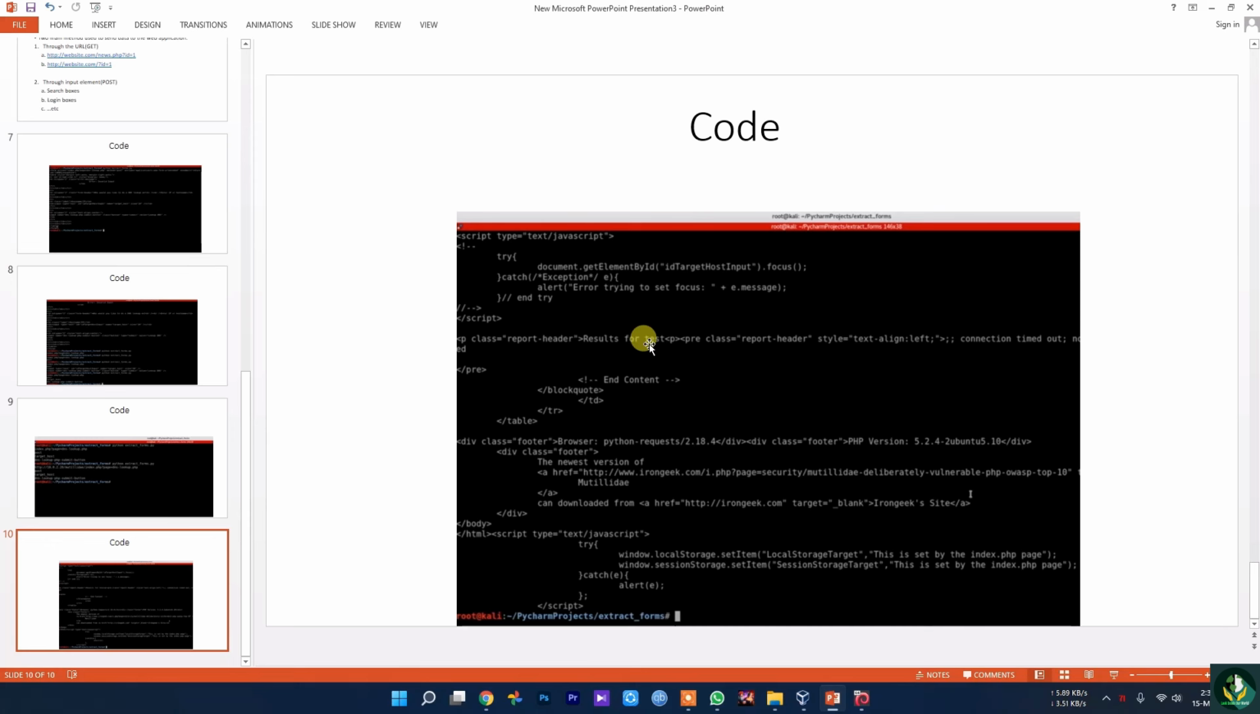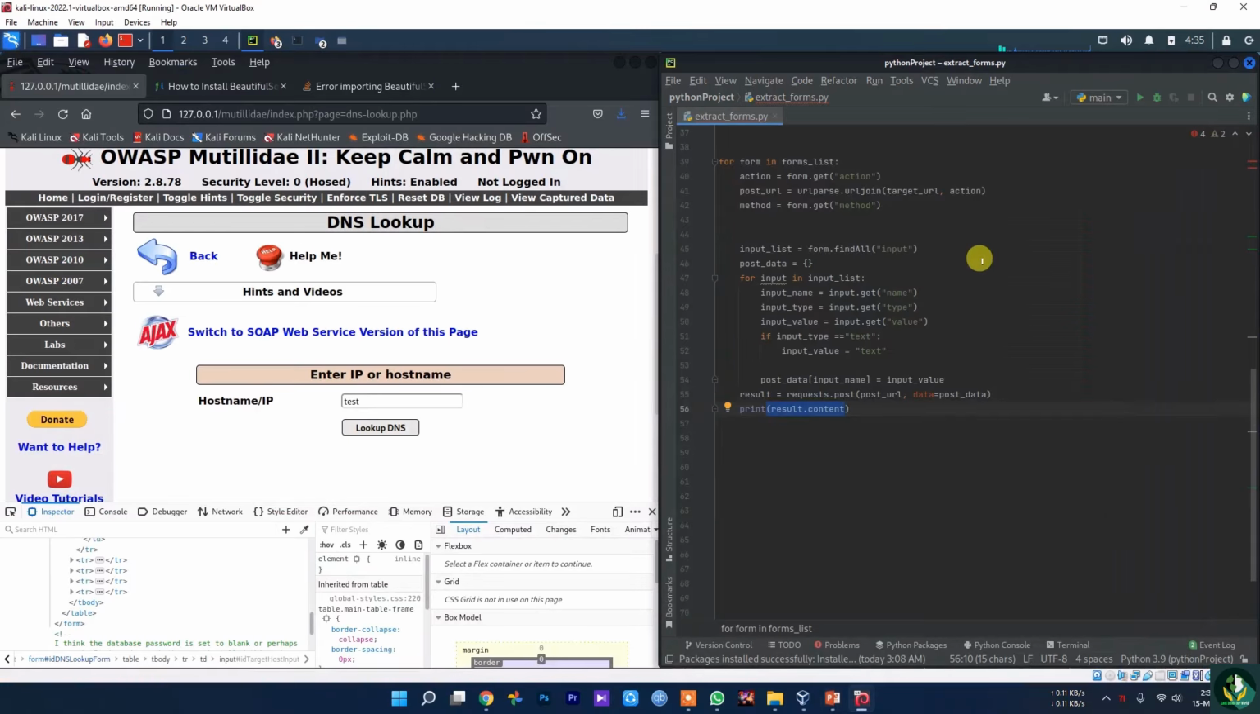This is the result for the test. Basically it means that we successfully set the value of the input box to test, and we successfully submitted the form, and the web application accepted the form. So now once you learn about web application vulnerabilities such as SQL injection, XSS, and so on, all you